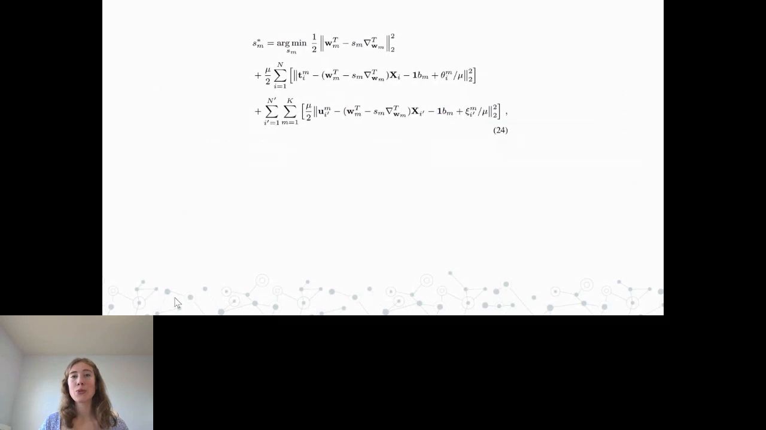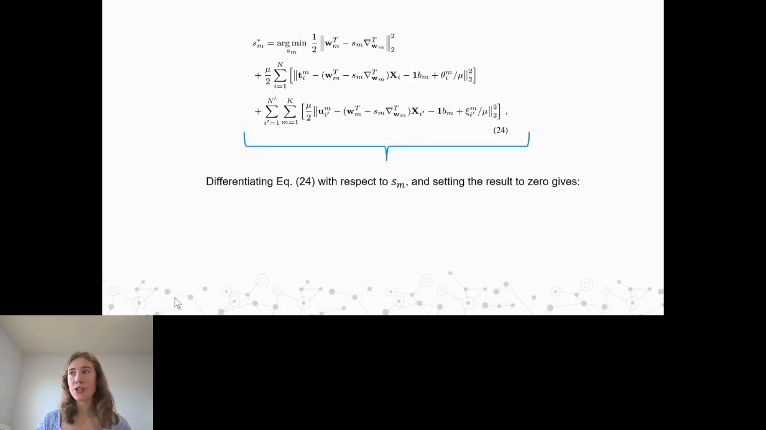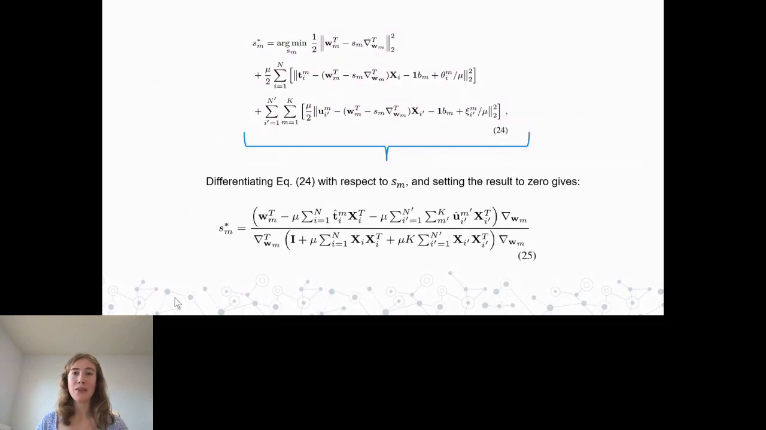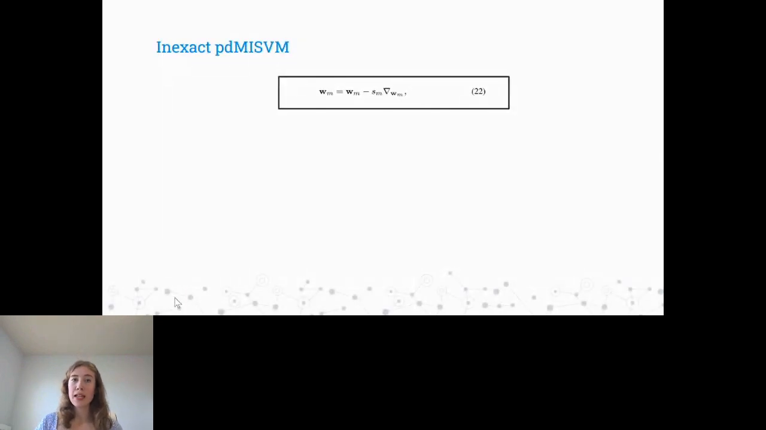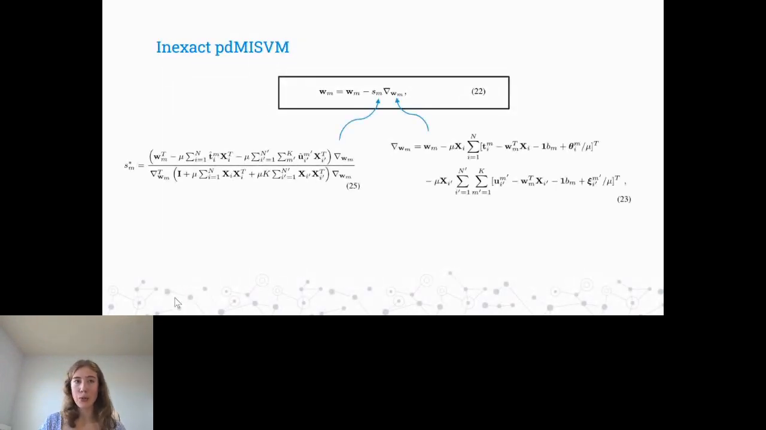Now, if we get equation 24, which is the minimization from the previous slide, and we differentiate with respect to Sm, and we set that result equal to 0, we get equation 25, which you can see on the screen right now. And this will be useful because if we plug in equation 23 and equation 25 into equation 22